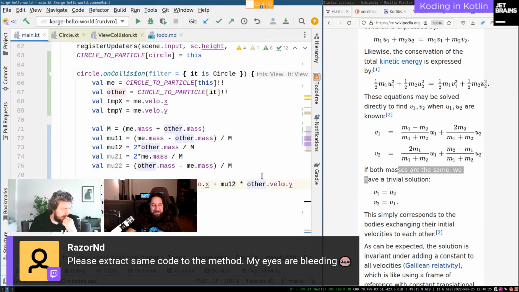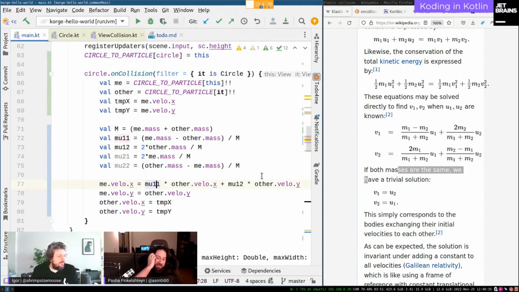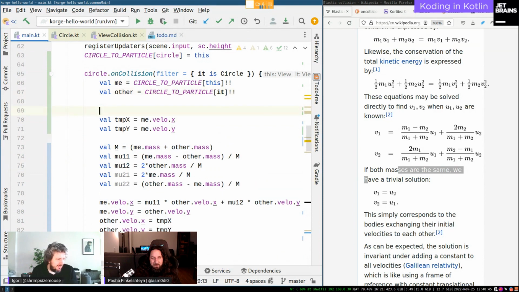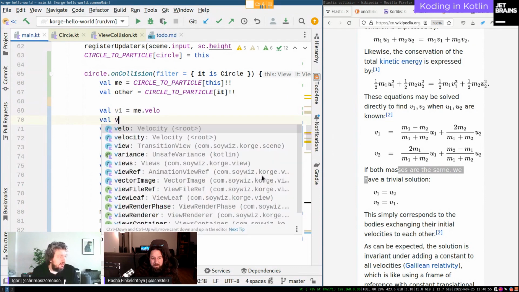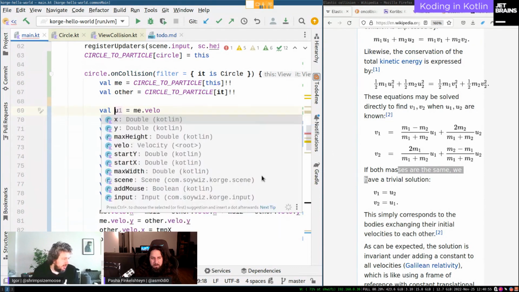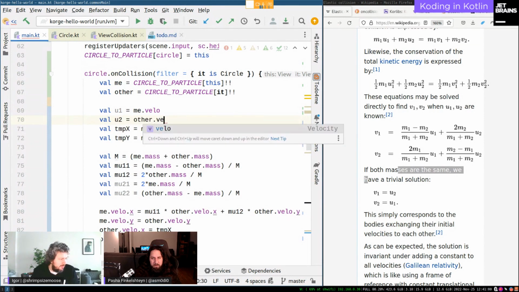Razor asks to extract some code to the method. I think actually maybe it makes sense to write it here and then extract. Okay, let's just start with more simple things. I want to have velocities separately. V1 equals velocity. V2, sorry, U1 and U2 is other velocity. And then these two, I'm not sure about these two, but let's say,